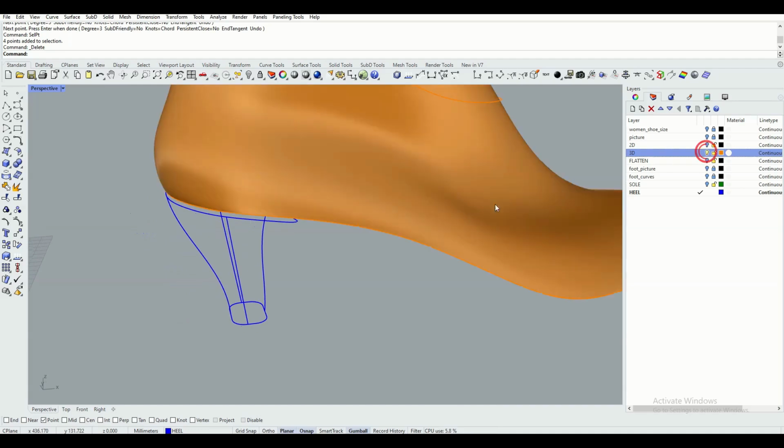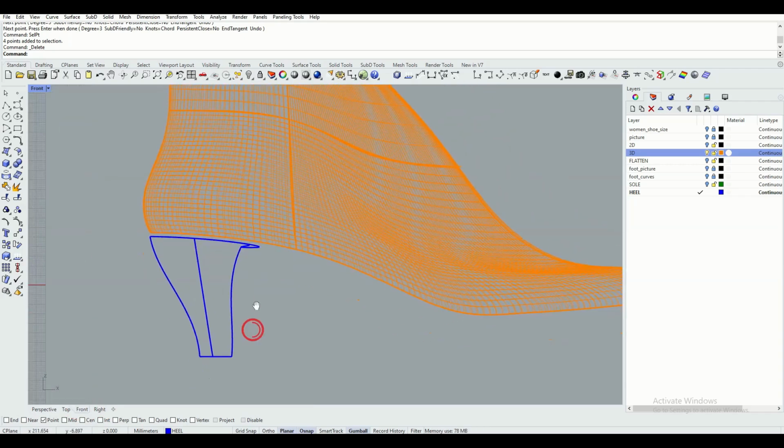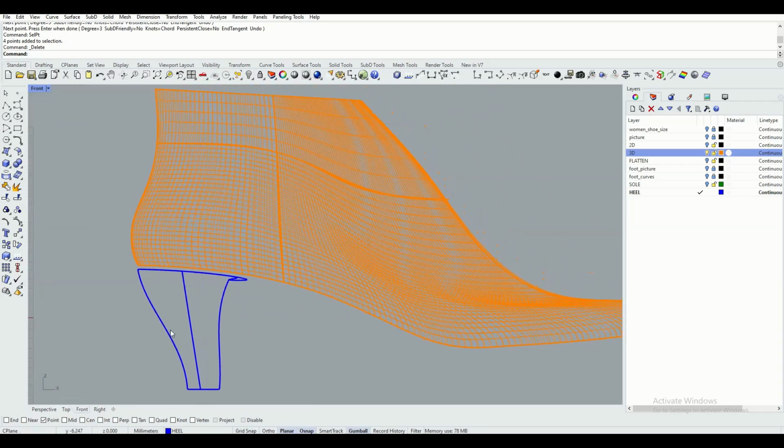We can show the layer 3D, and now we can figure how this heel will look together with the shoe.